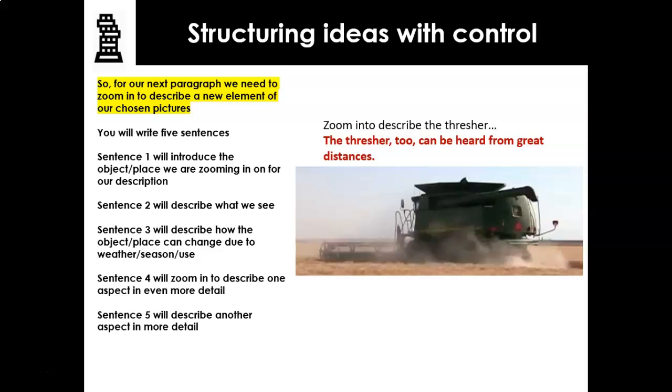Now, sentence 4 and 5, now describing elements in more detail. So I could zoom in to describe the front of the machine, and then I could describe the back. I could describe this strange little window that I can see at the front. I could describe the churning blades of the cutting element at the back. Now, to be honest, for sentence 4 and 5, you're going to have to use your imagination if you're choosing this picture. I don't know the technical term for the blades at the back of this thresher, but I know that they turn and they will be what's cutting down the wheat.